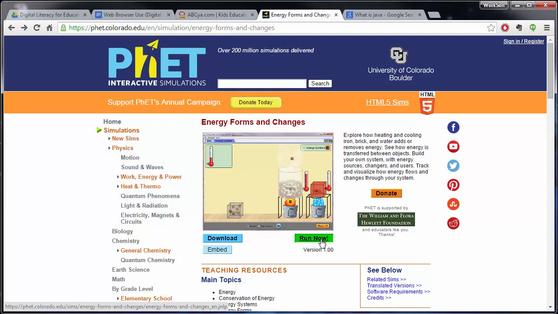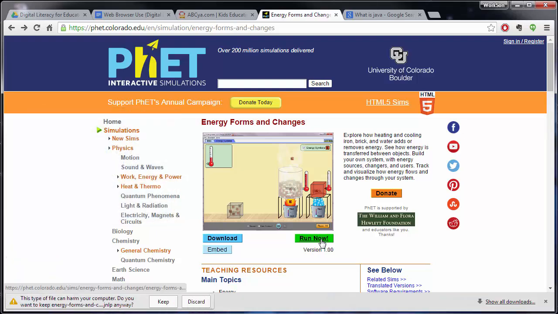So depending on what it is, it might function a little differently. When you click Run Now, it's asking you to download something, and you might get some kind of warning. So be careful about what you're downloading from. If it's a trusted educational site, it's usually pretty good. But you may or may not be able to download these types of things if your computer is managed by